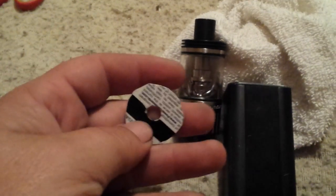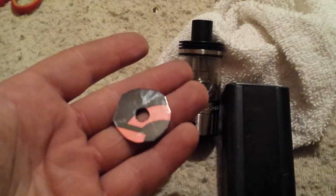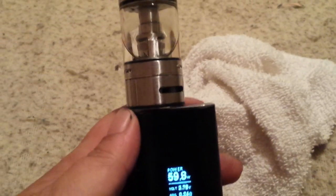Now I figure if this gets juiced up, you can wipe it down, clean it off, and reuse it. Whereas a business card, you're gonna have to mess with making a new one every time. So let's see how this works. Alright, in case you missed it, I put the mod back together. Yay. Got my little fabulous fix up in there. You can put a little bit more time into it, make a better circle than I did, if it matters to you. But now, oh, look at that, I got a good coil reading,